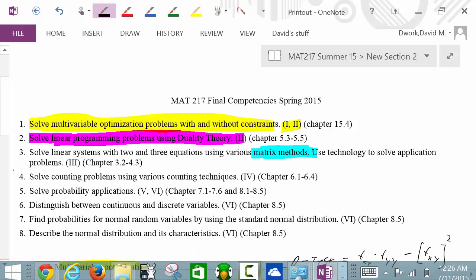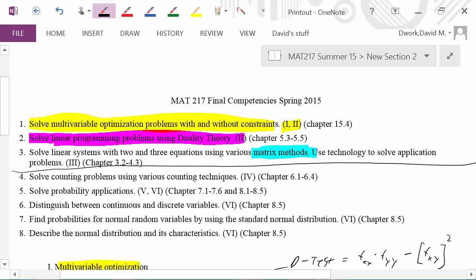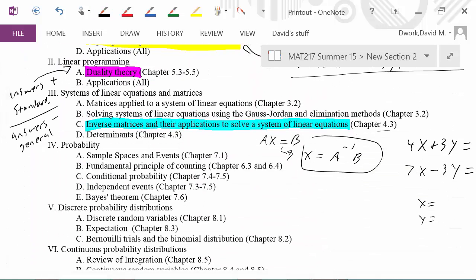So what we're going to be doing here is that's the first half. That was the first midterm. So second half. Now, chapter 6.1 through 6.4, if you look at that, that's Roman numeral 4. Roman numeral 4 is talking about sample spaces and events, fundamental principles of counting. Sometimes students say, what is that? Well, that's 6.3, 6.4. So that's